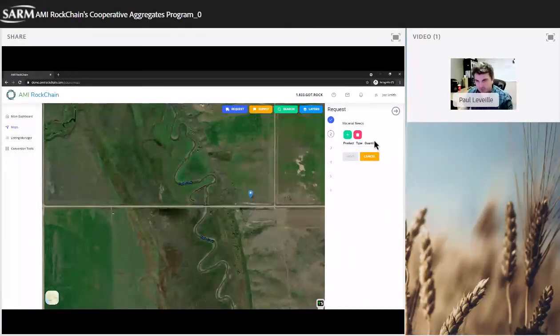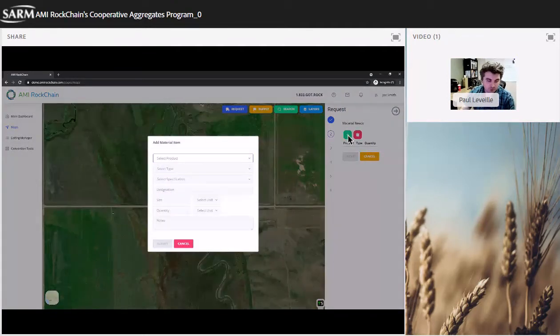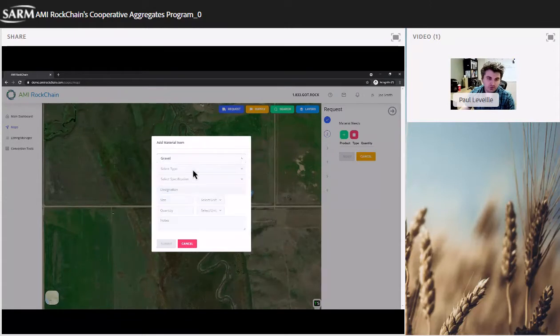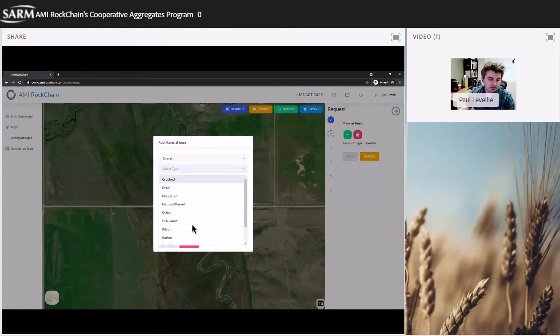So the next step is you actually want to add any materials that you need for your project. To do this, all you do is you click this green plus button. This opens up your material selection dialog. In this material selection dialog, you start by selecting your main product. So let's say for this project we want to order some gravel, and then we want to select a base type of gravel. So we're going to go to crushed,